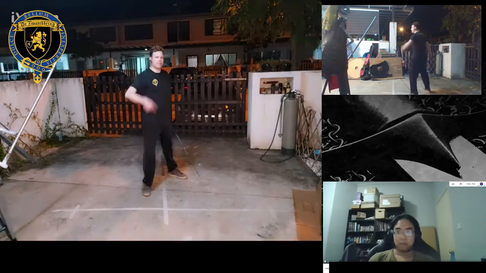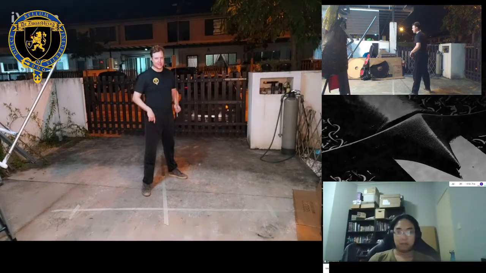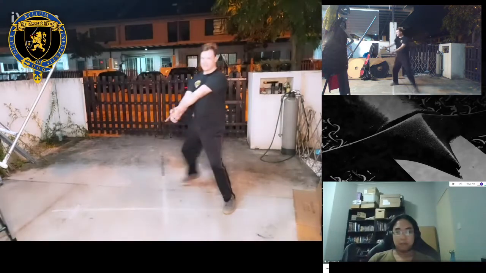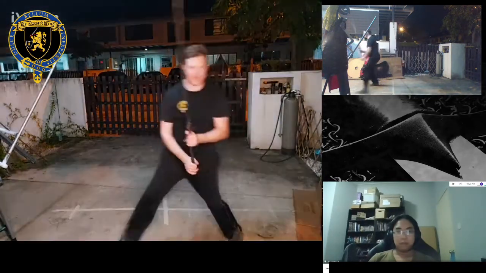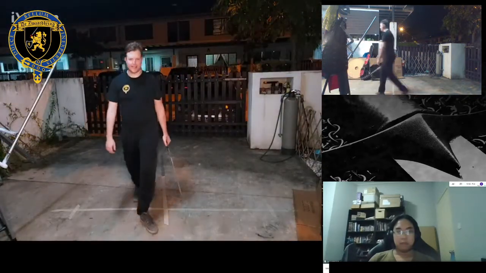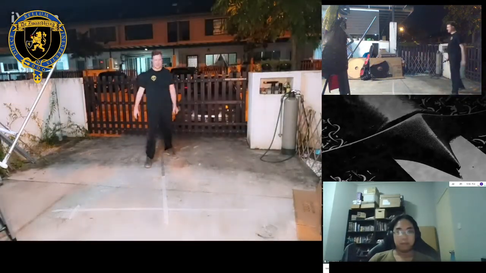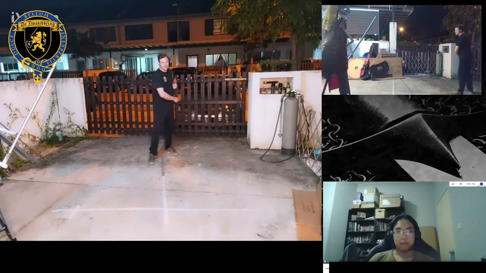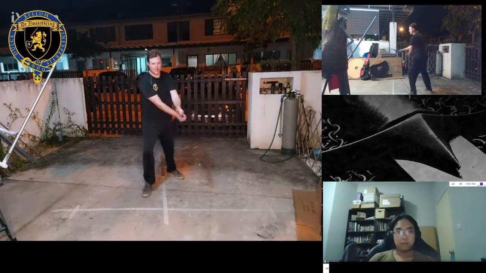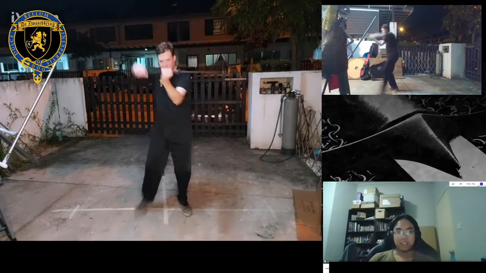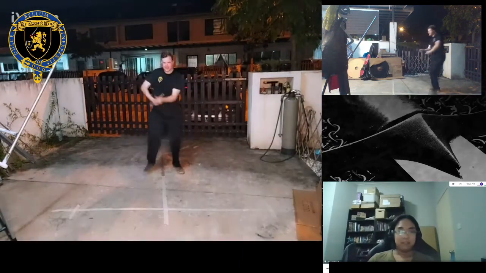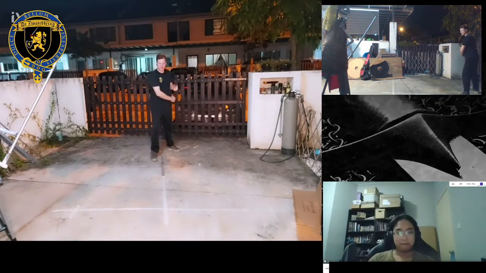Step with each cut. Now we've done some different steps this week, so that means I can integrate those different steps into my basic cuts. I can cut with the side step, or cut with the diagonal step forward. So you can integrate that into your basic attack routine. So first, you do the 8 basic attacks forward. 1, 2, 3, 4. Okay, I am running out of space, so I'm going to go backwards. 5, 6, 7, 8. I can exactly do 4 steps.